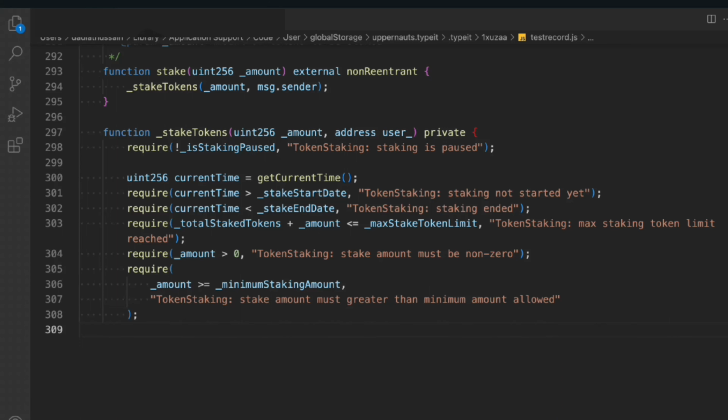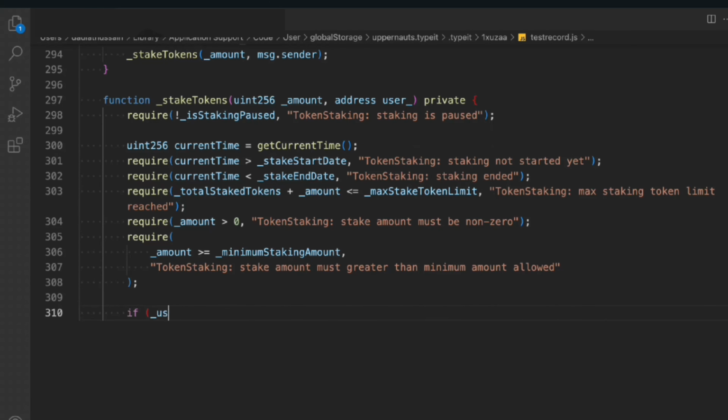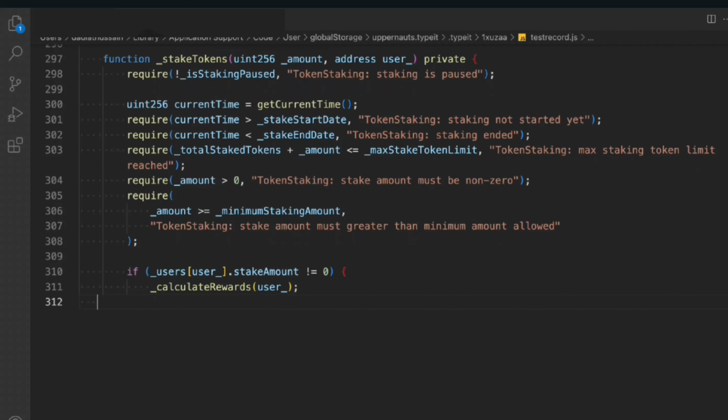Now we can come here. Here we have to do a couple of checks. So we'll say if user dot stake amount is not equal to 0. In this if statement, we are checking if the user has already staked any token in the contract, meaning he has some tokens and he tried to stake a second time. In that scenario we have to calculate his reward, and in that we have to simply pass this user. Else he's trying to stake the token freshly, so in that we'll call this latest reward calculate,